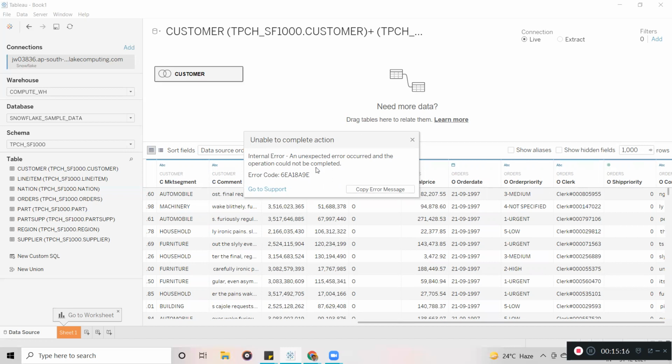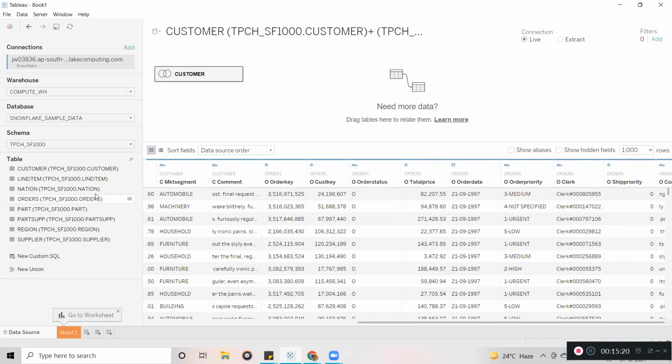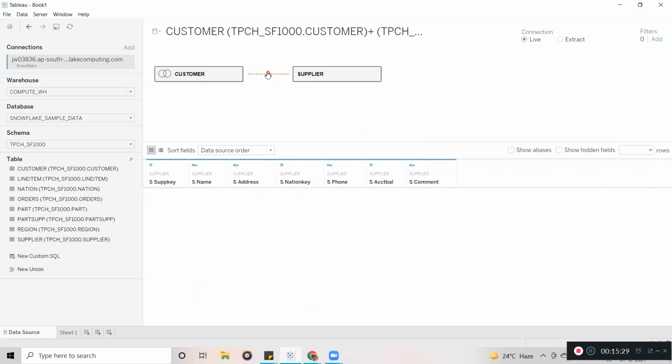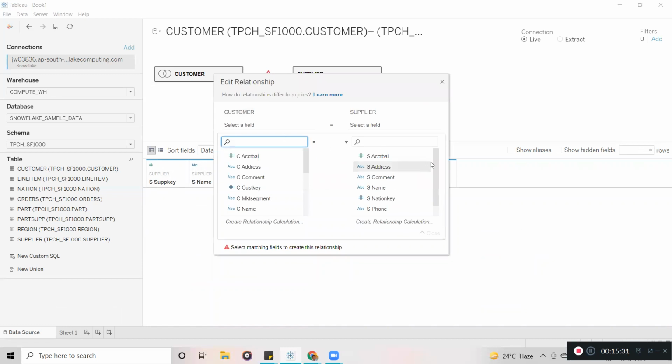Okay, could not be completed, unable to complete the action, some issue. So let me drag, let me take supplier name. So yeah, now you can see, guys. So here supplier key, nation key is there, phone, supply key. Okay, here we are having supplier key.